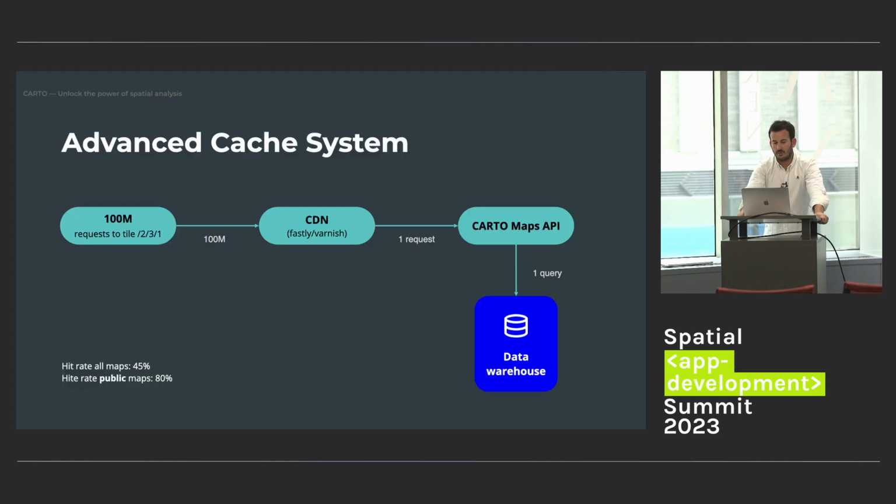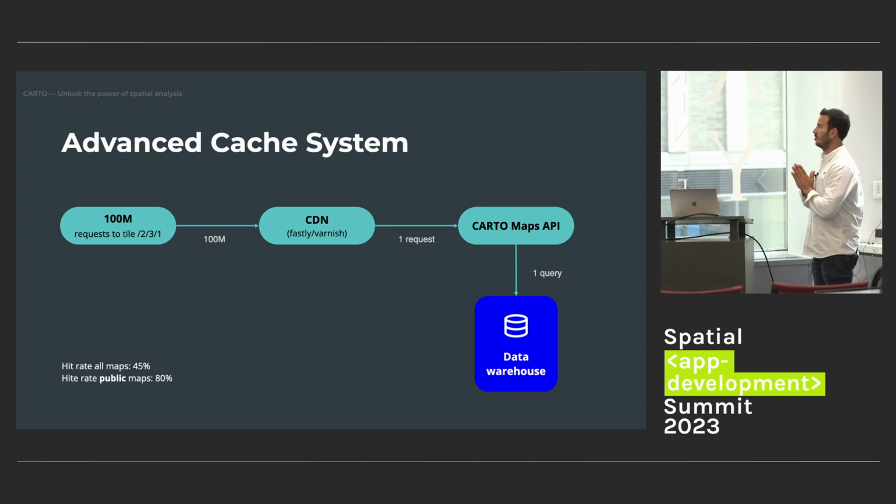But then CARTO also plays a role in something we forget about when we are creating a public application, and probably is the responsibility and the cause of most of the crashes in those kinds of applications. Imagine that you develop a mapping application, you put it in a web server, and suddenly you receive a lot of requests. What you want to avoid is that your application is down, right? So what CARTO does here is that we put a